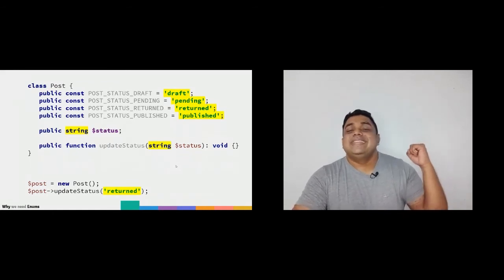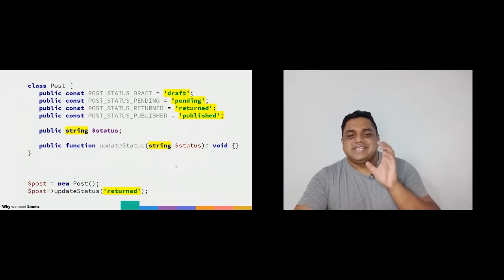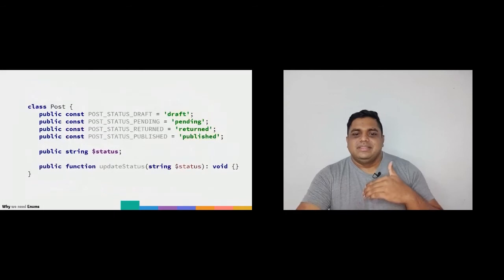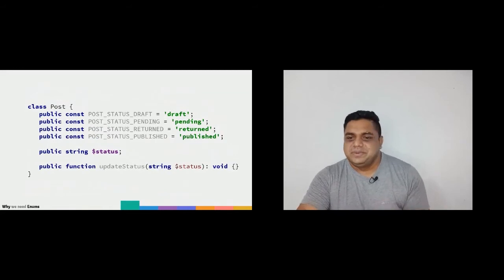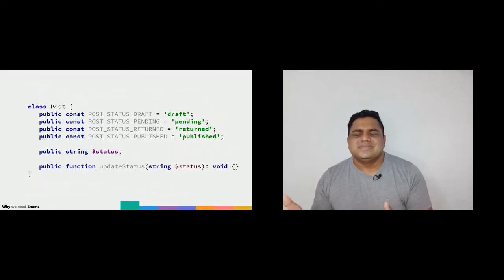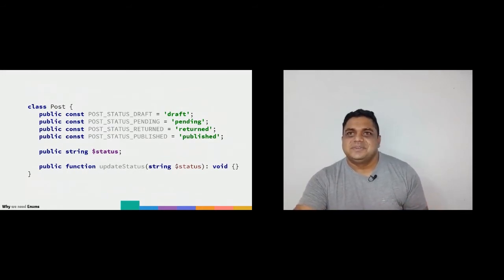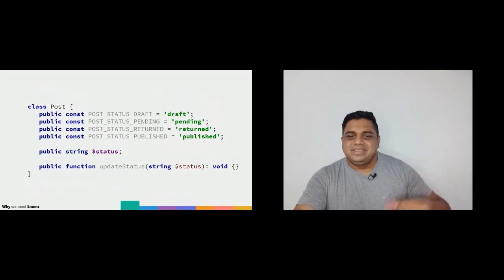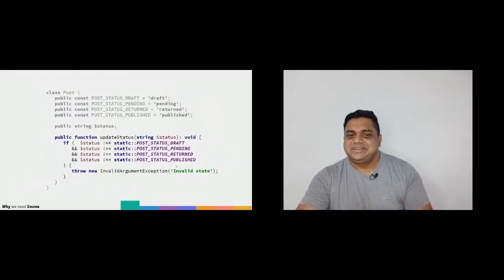We say we will accept any integer. Here we are saying we will accept any string, but we are still lying because we know that we only have a limited set of options. So this is important. We have a limited set of options that the program can handle. This is an incomplete solution, because what if you make a typo when you call update status? Or what if you try to add a new value that looks okay, but you cannot really see if it's right or wrong? From the last example, you had to pass the value and see if there's an error. Here you have to pass the value and see if there's an error.